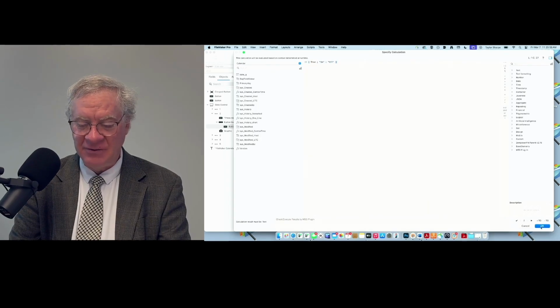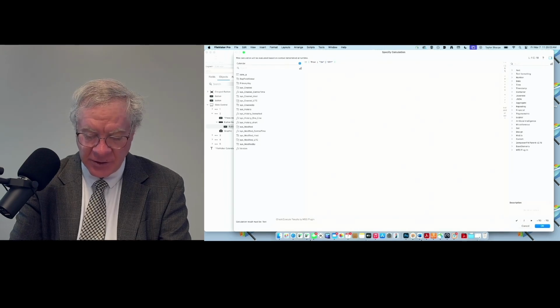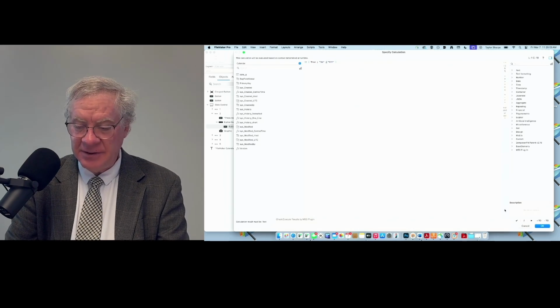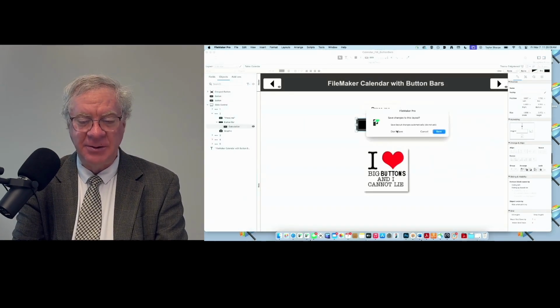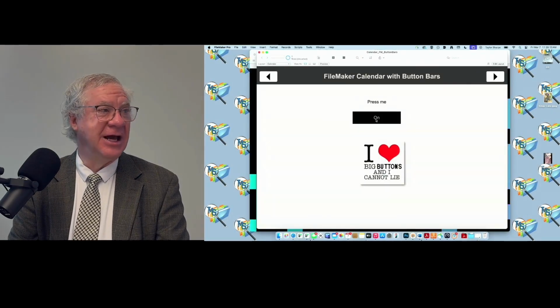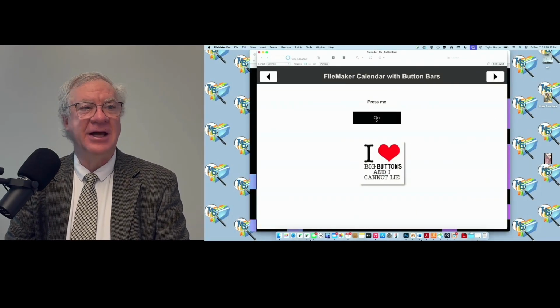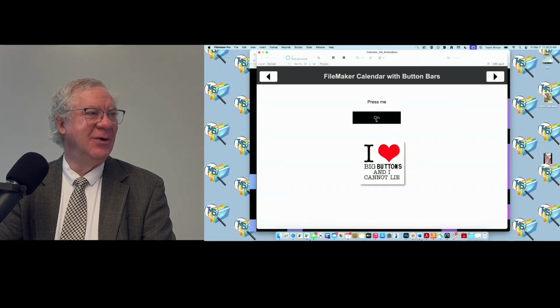I don't have anything really to test there, but use semicolon, not colon. Silly me. So if we do a calculation, we go back to browse, and we look at it here. Now we can see that's a calculation. And among being a calculation, it means you can put fields and you can put all kinds of operating system things.